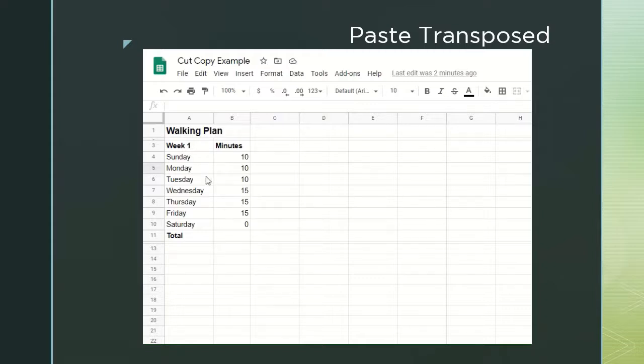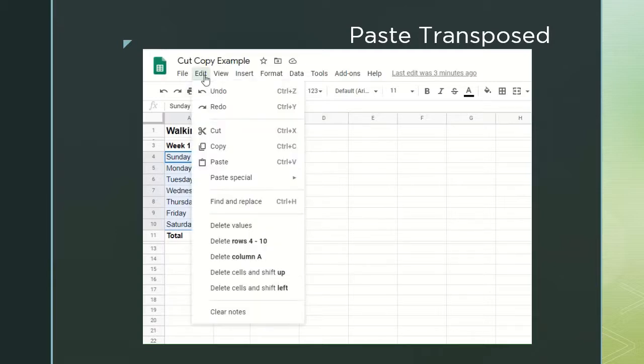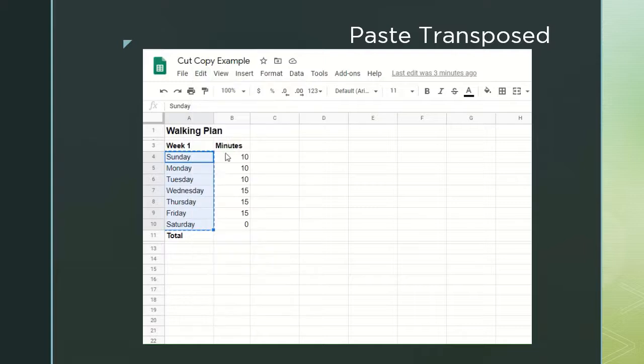So let's look at this for a second. Let's say that we've started this spreadsheet and we looked at the days of the week and they're aligned vertically, and then we decide that maybe it would be better that instead of having these row headings, we have them as column headings instead, so they'll run horizontally across one row. To do that and not have to retype everything, we would simply click and drag and select those days of the week, for example, and then go up to Edit, and we could copy, and then click, say, in row 15, and then go back up to Edit